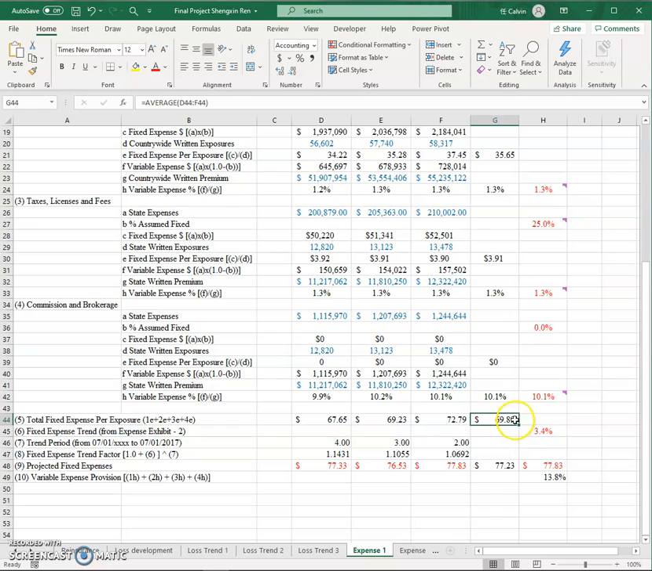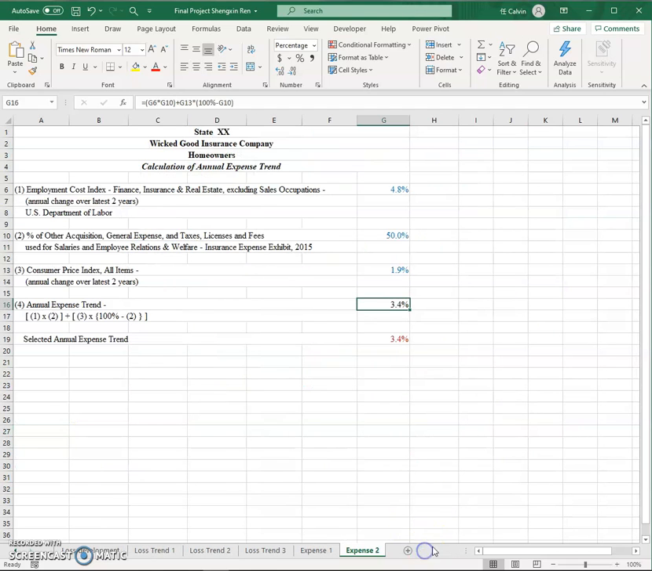And we get average 69.89. For fixed expense trend, now we need to calculate the expense exhibit 2 first. Let's do this first. So we get the employment cost index, which is the annual change over last 2 years,